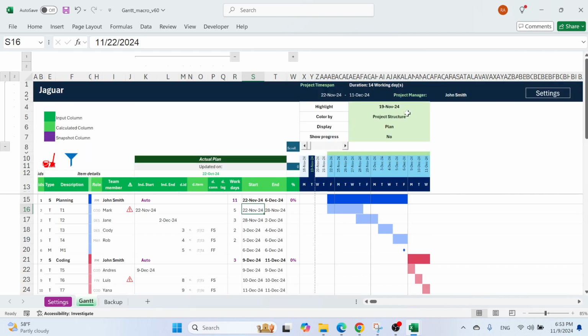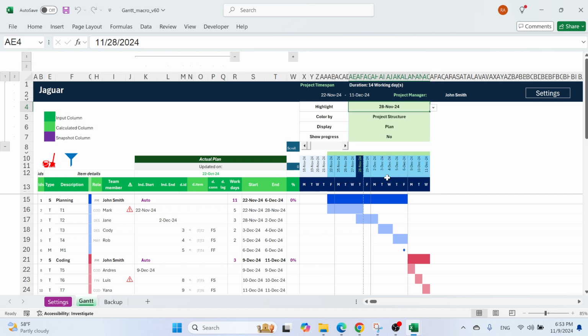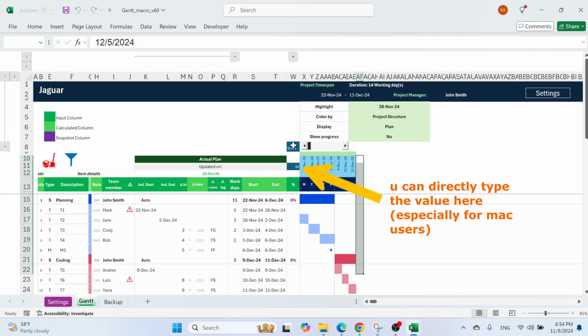If I just open, I have here some views. So first of all, we can highlight a date. We can highlight today or any other date. For example, 28th, and you can move like this in the project. You can also use scroll. So you can move, for example, this is 10 working days more. It will be easier for you to see the